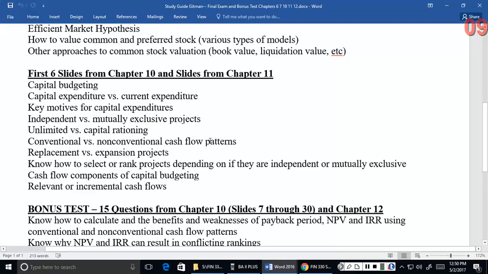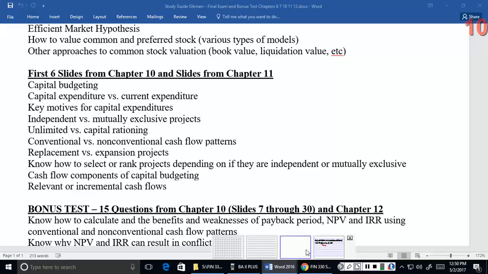Conventional and non-conventional cash flow patterns. Somebody had mentioned that, asked me about that the other day. Basically what this is, a conventional cash flow pattern, and we saw this in your book, that was where if you have, for example, a timeline, and we can just do kind of a short timeline, 3, 4, okay. So let's say this is your initial investment,